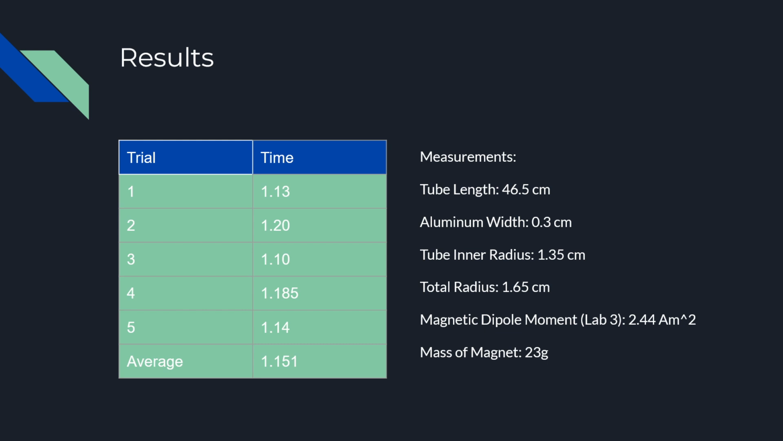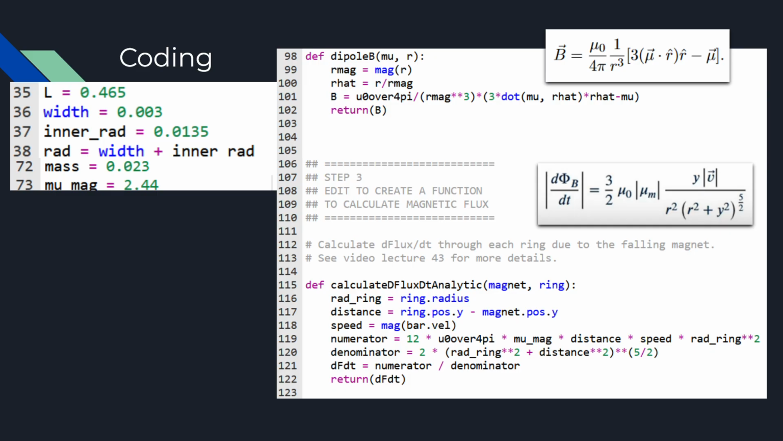So for the results of the experiment: we get an average time to go through the tube of about 1.151 seconds. And then here are our measurements. We're going to use those in the code. Here they are in the code on the left. And on the right, I have my functions that give us the magnetic field from the Biot-Savart law formula and the dΦ/dt